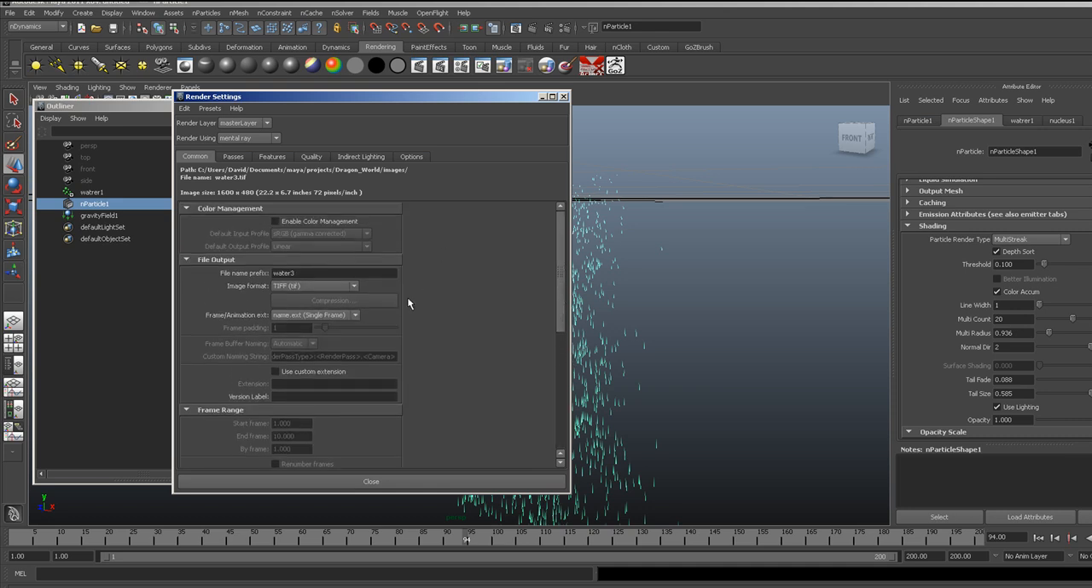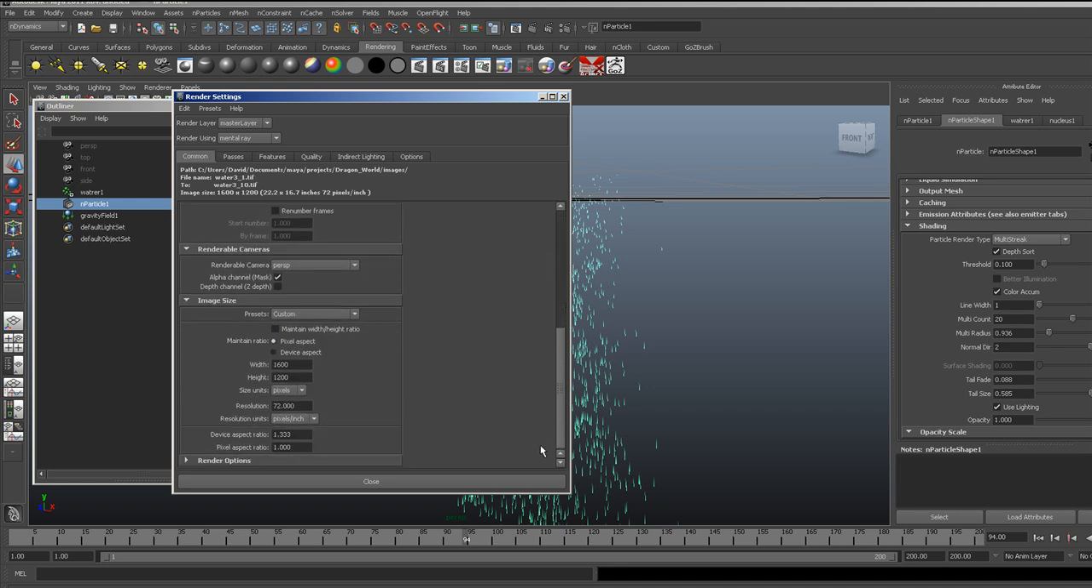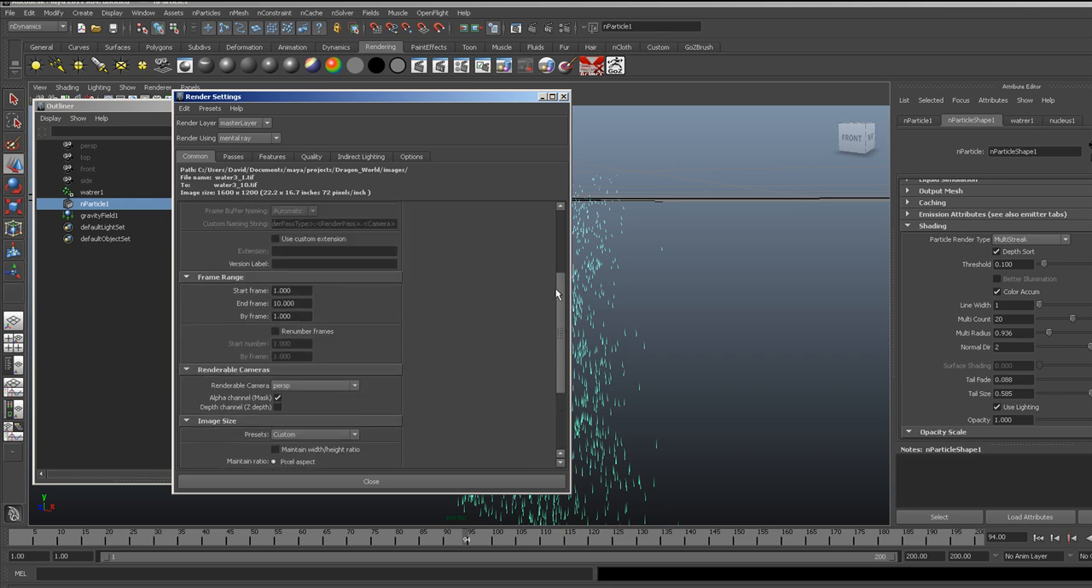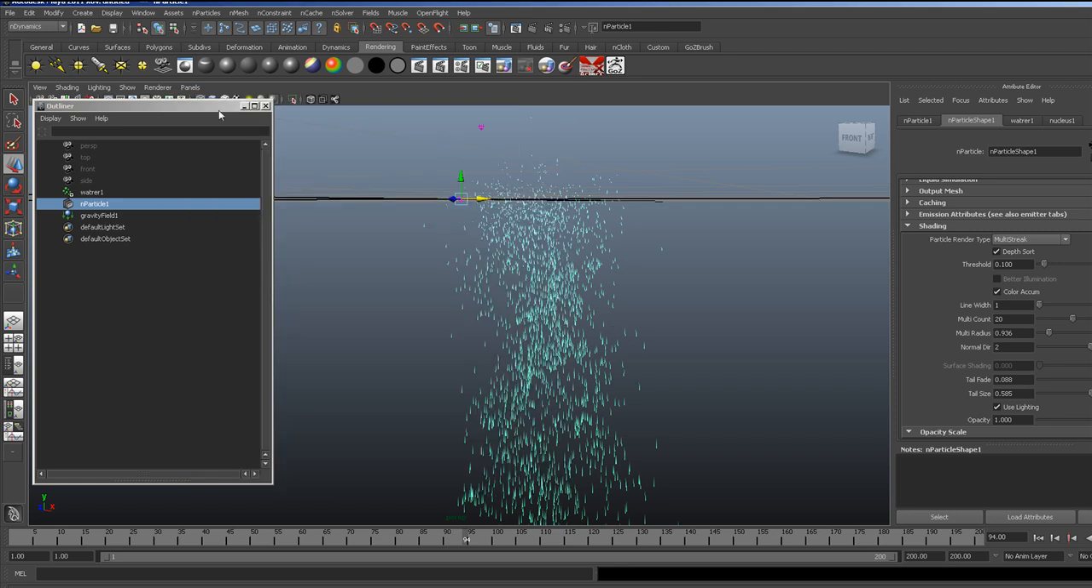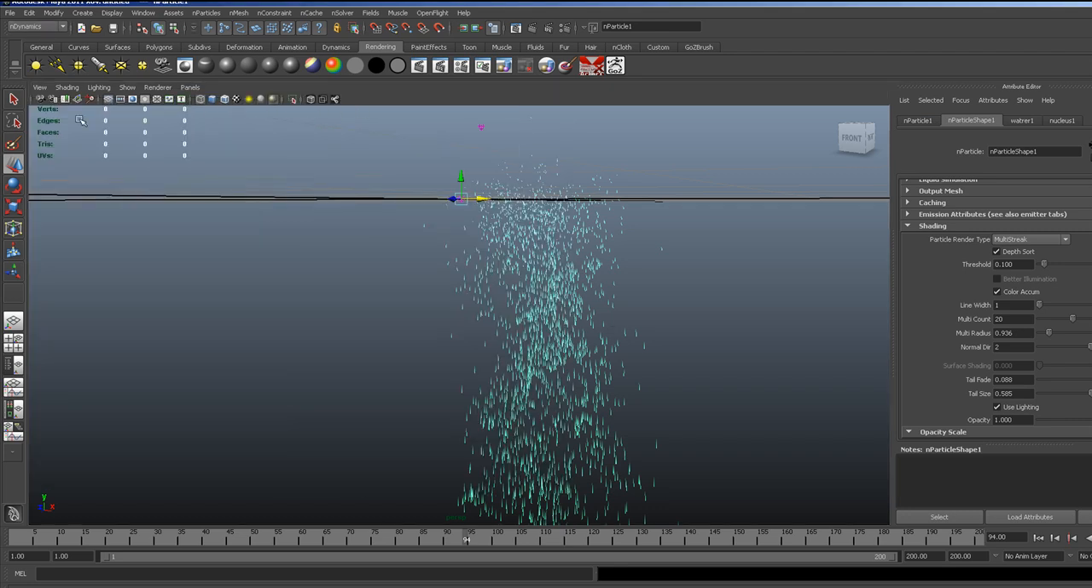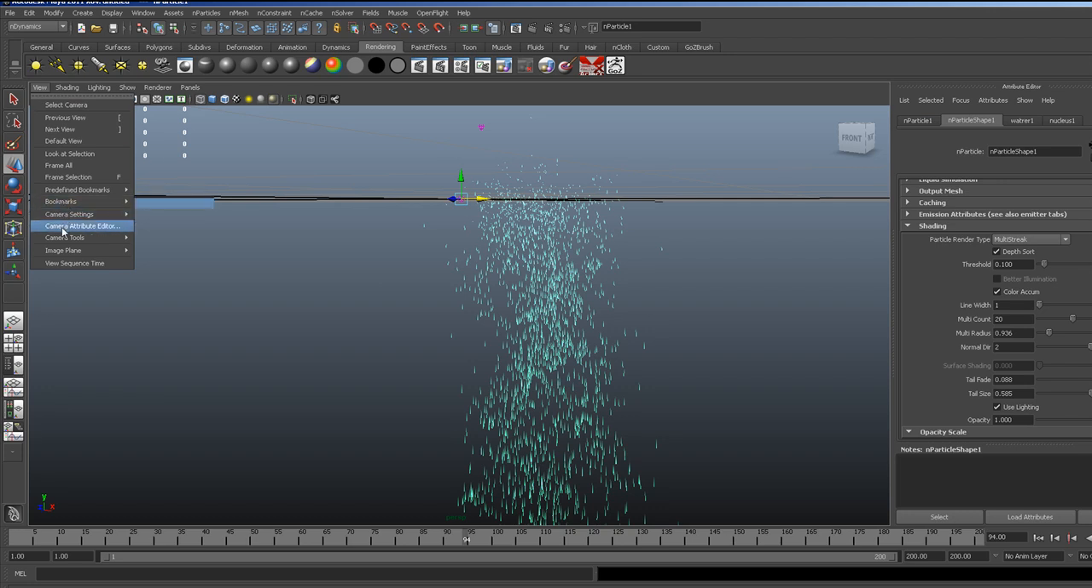Need to make sure that this is set to name underscore number extension, and I need to set the frames, end frame to 200, start frame from 1, and close that off. And at this point I just want to get my camera up, so I'm going to just go to camera settings, resolution gate,